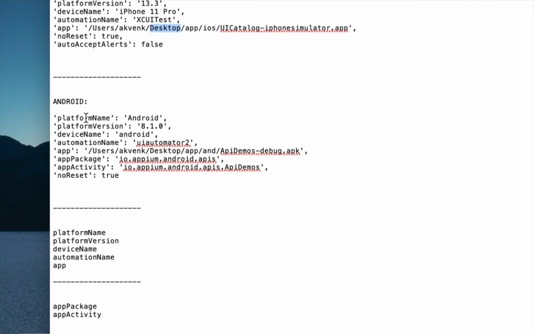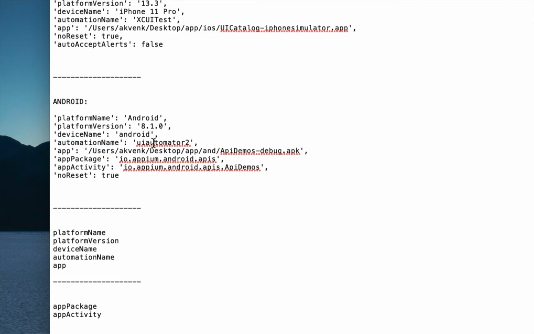Similarly, for Android, platform name is important. Platform version is also important. You can get the Android OS version by going into the settings page. Device name is not a mandatory field, but it is good to have so that you can identify the devices in the desired capabilities.